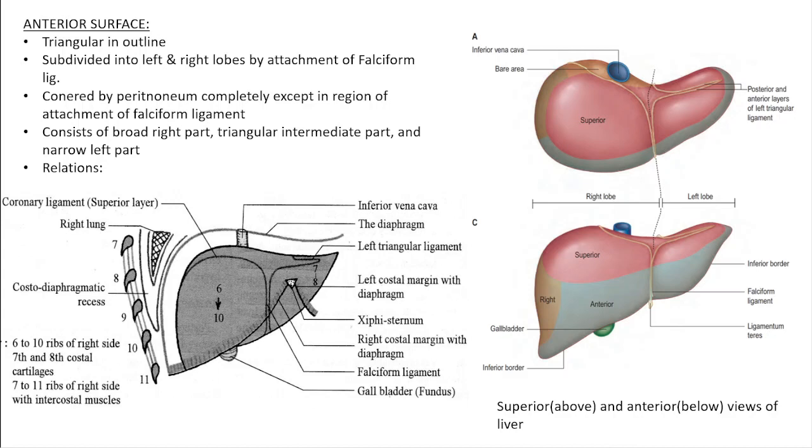Suppose we need to take some tissue, some part of the liver, to examine it under the microscope. That is called taking a liver biopsy. What we do is introduce a needle through the intercostal space; the space between adjacent ribs is called the intercostal space. We need to insert a needle in the mid-axillary line, medially, so that it reaches inside the liver and can take out a very small part of the liver tissue, and then we can stain it and examine it under the microscope for diagnostic purposes.